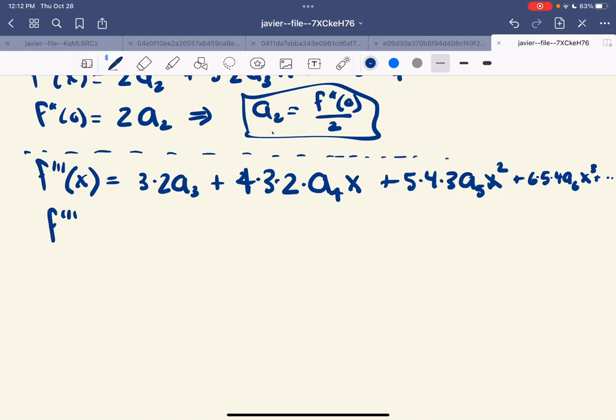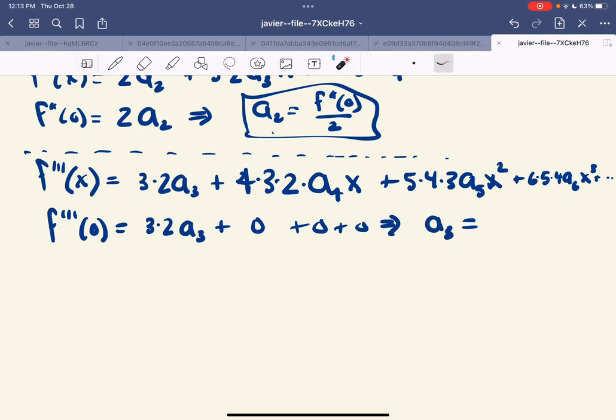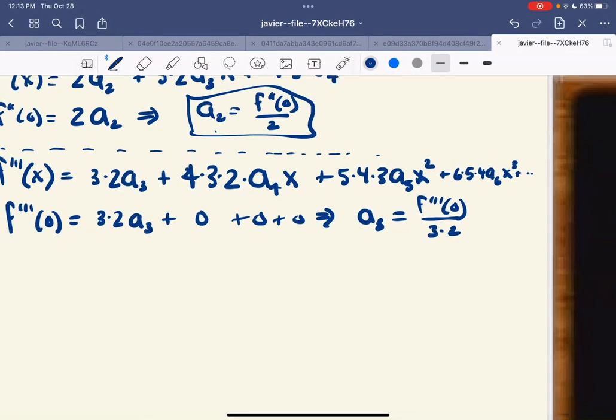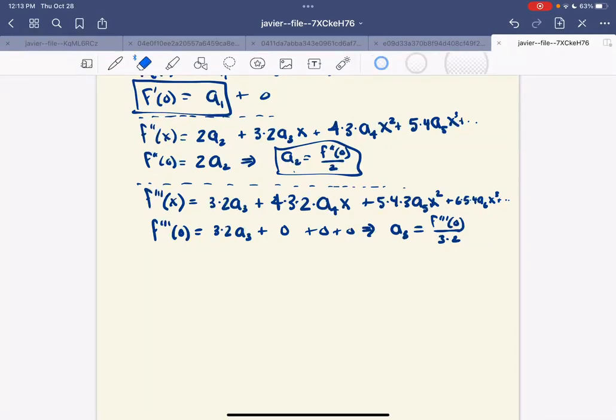I'm going to plug in 0 here, and I get 0 is equal to 3 times 2 times A3 plus 0 plus 0 plus 0. So this tells me that A3, solving for it here, I'm going to move the 3 and the 2 down here, will be F triple prime of 0 divided by 3 times 2. Or said differently, it's equal to F triple prime at 0 divided by 3 factorial. And so